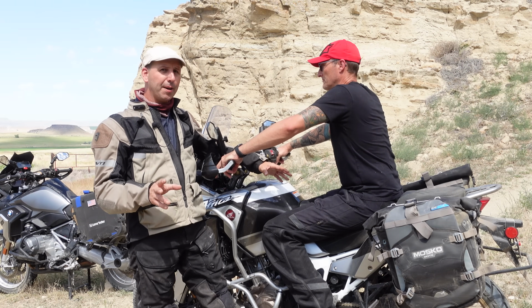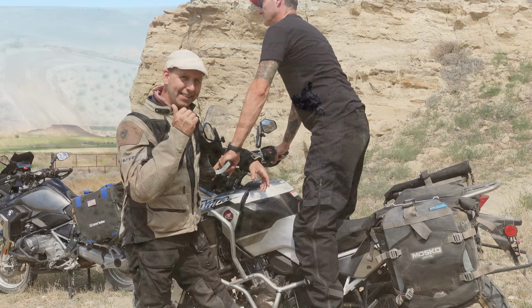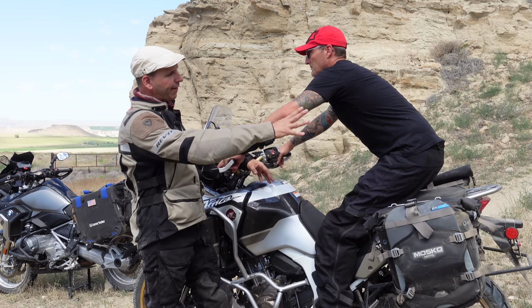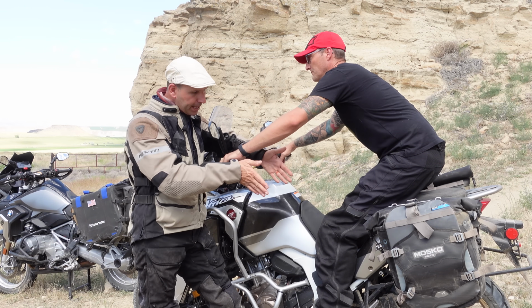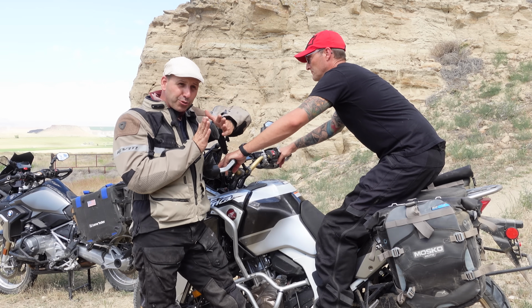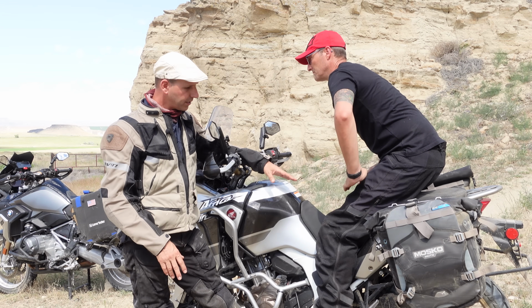From a posture standpoint, the issue isn't when you're just riding down the road sitting or even when you're standing. The real challenge comes when you're going downhill or you need to lighten the front end. In this case, what Travis is doing is not holding onto the handlebar, he's actually wedging and locking on to the seat. By keeping those legs in tight to the bike, when he slips back, that natural shape of the seat wedges into the legs,